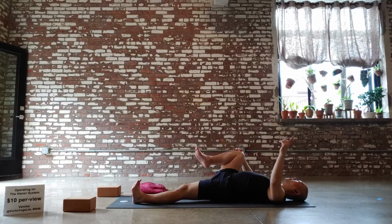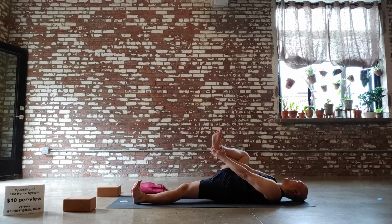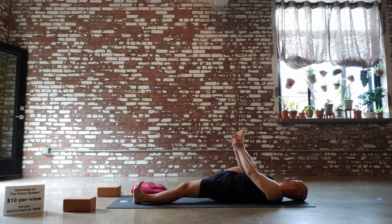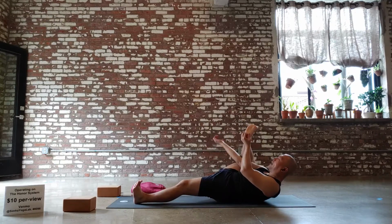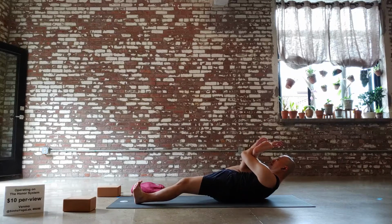All right, we're going to try to take leg cradle here in a reclining position. So with your hands, grab the right heel again from the bottom of the heel and the outside of the foot. All right, then you're going to start to lift the head and the upper back. Try to then take the arms into the right shin and hook the arms into the right shin. All right, you can lift the upper back as much as you need. Now, once you have the shin,